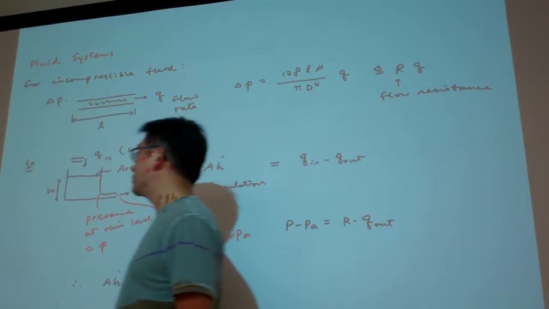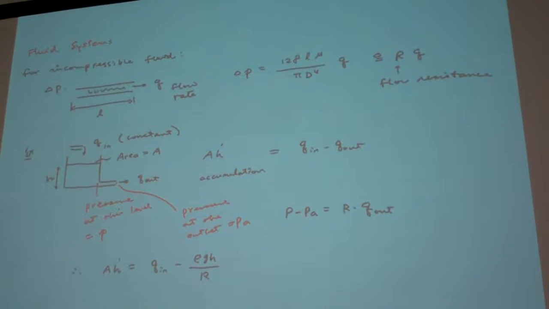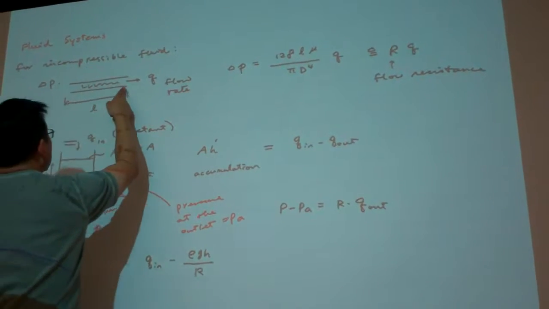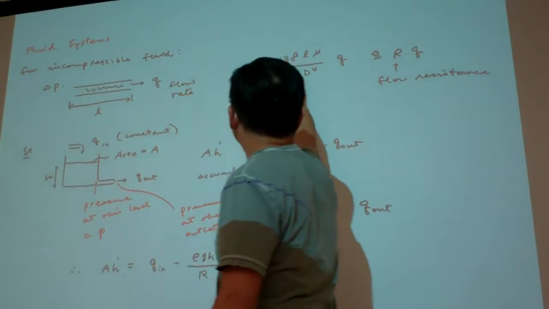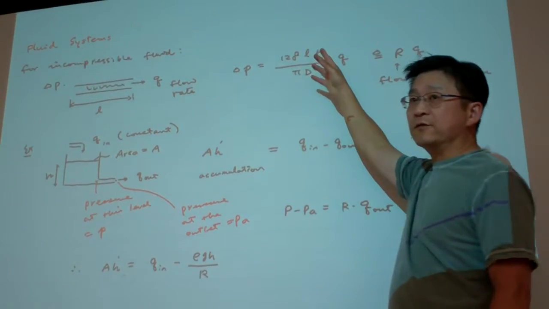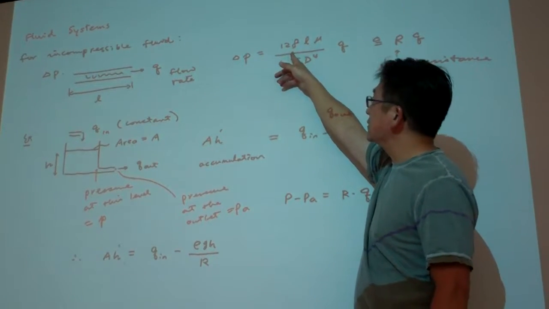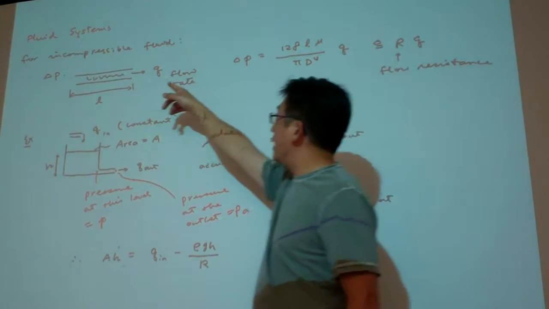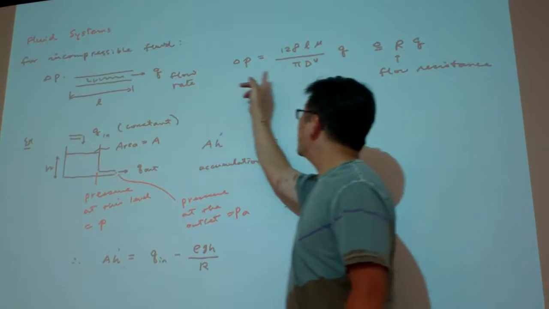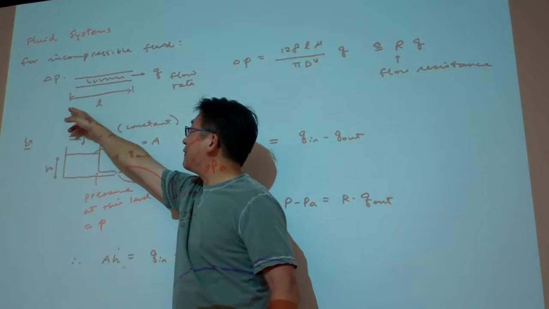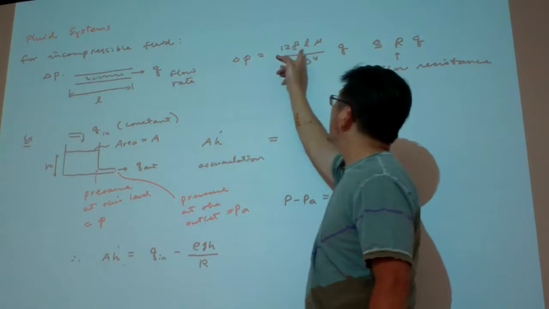Yeah, right? So that basically is saying the pressure difference is equal to... there are quite a few forms. All the forms are equivalent. Here I pick this one. Assuming the pipe has the diameter capital D, and the length of the travel you are concerned with is L, and the